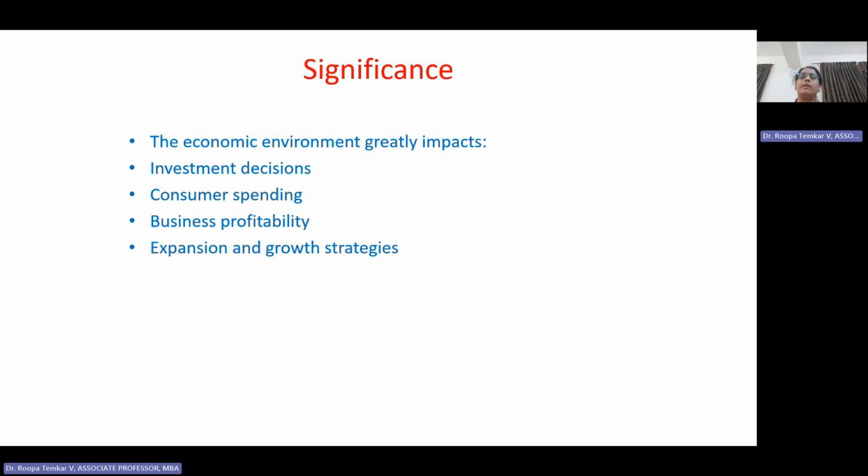Dear students, now let us try to understand the significance of international business. The significance includes that the economic environment has a greater impact on investment decisions, customer spending, business profitability, and expansion and growth strategy. So, the significance of international business lies in making various types of investment decisions,